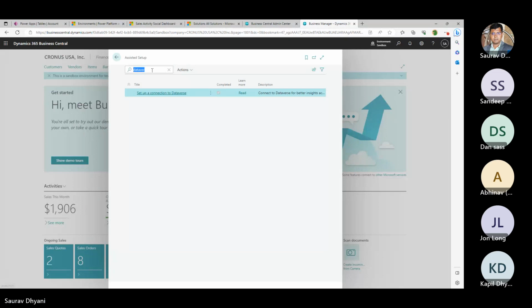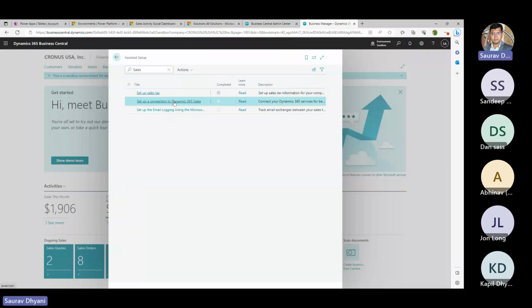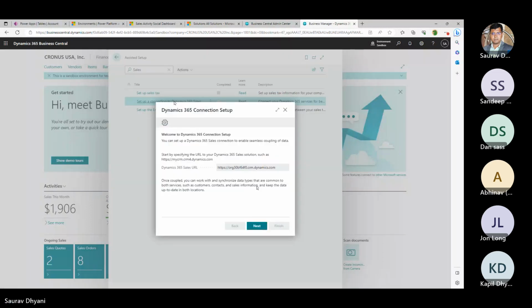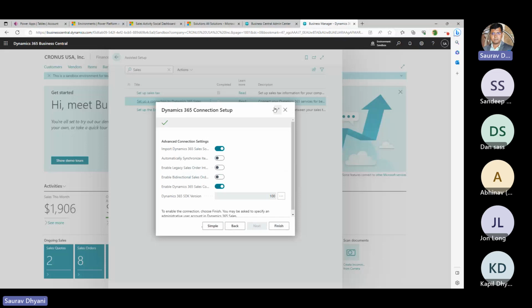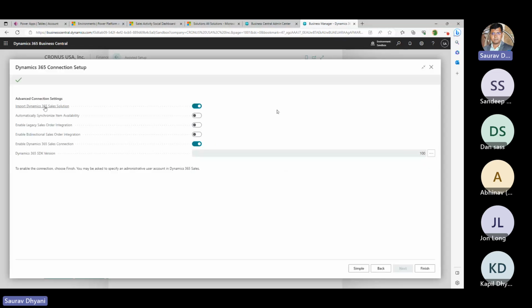Okay. So now this should be sales for CRM. Set up connection to Dynamics 365 Sales. It already identified that you have set up the Dataverse connection with this environment. And then, what is in advanced? Okay, here in advanced, we have options to import the D365 solution, which is already done,